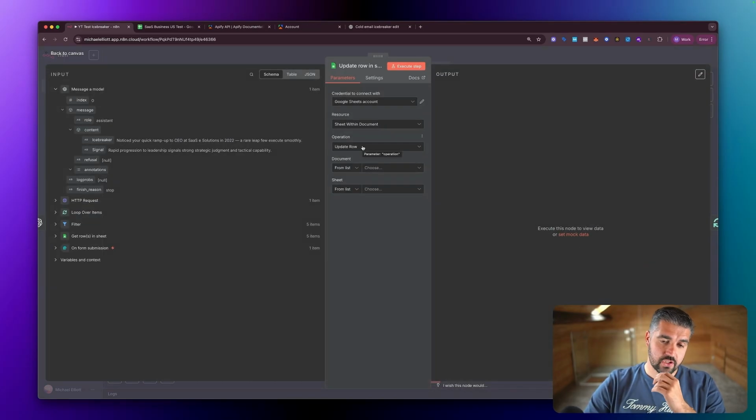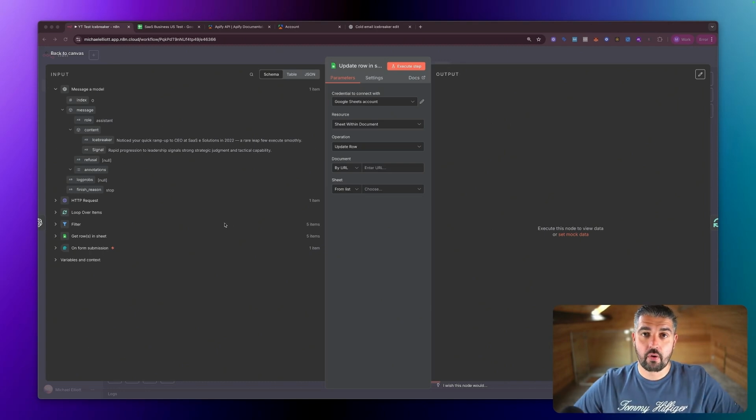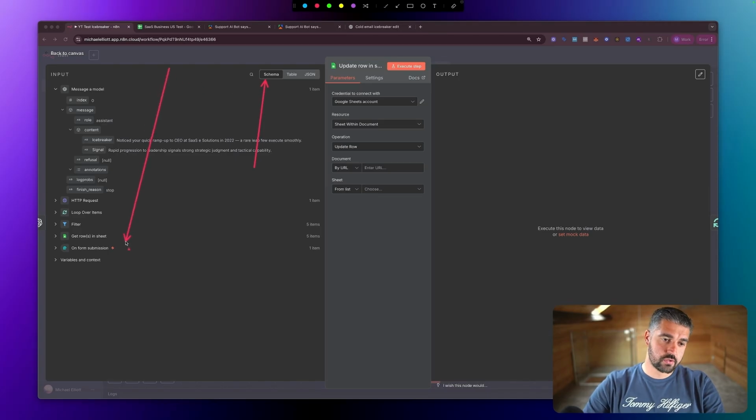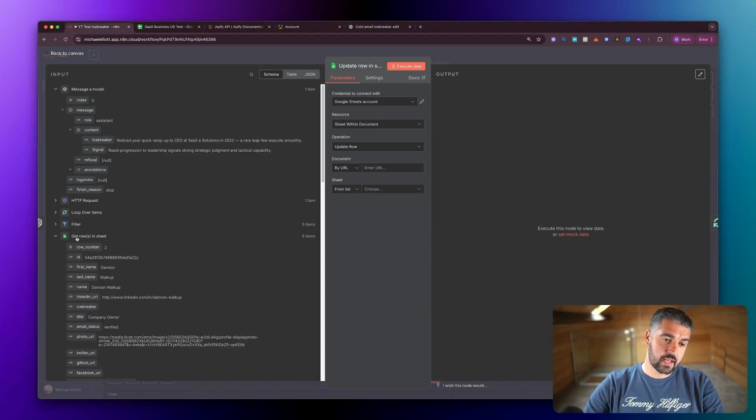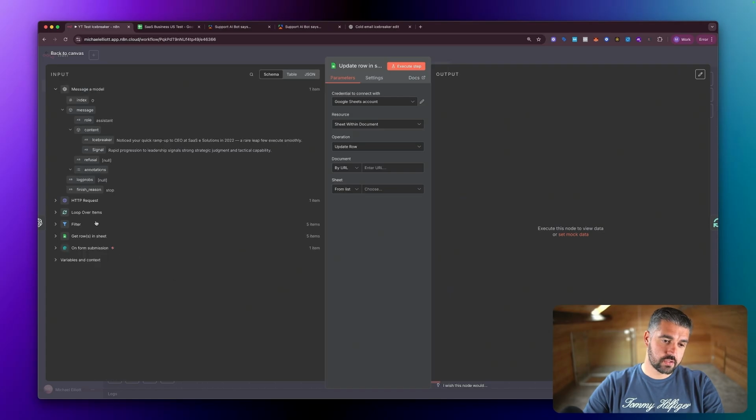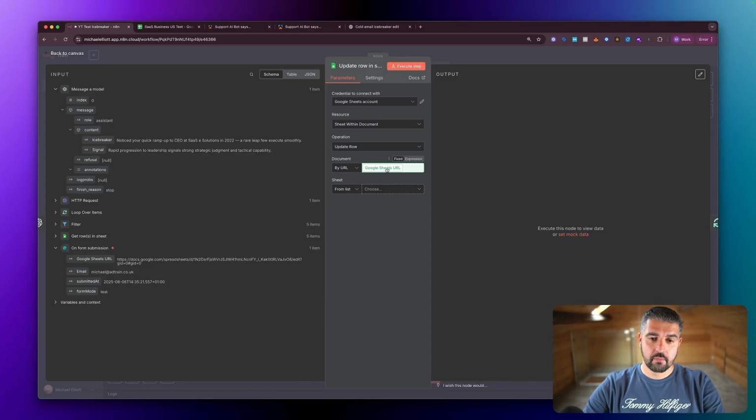Now, there's a couple of critical elements here. We want to update a row, but we want to update a row from the URL, because again, the URL that we provide it is going to be varied, so it needs to be an expression. So if you go to the schema section, you can look through all the nodes that we've got in the flow. If we open the get row in Google Sheets, go to the form submission, Google Sheets URL, document by URL, select the sheet,